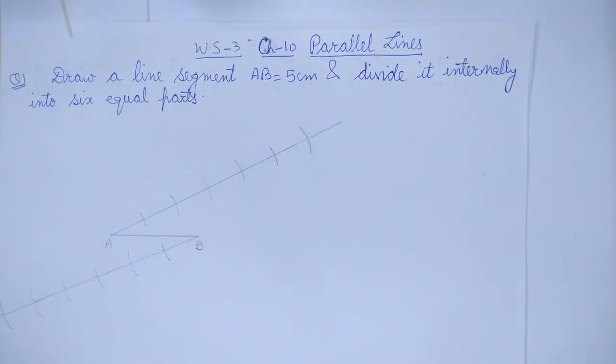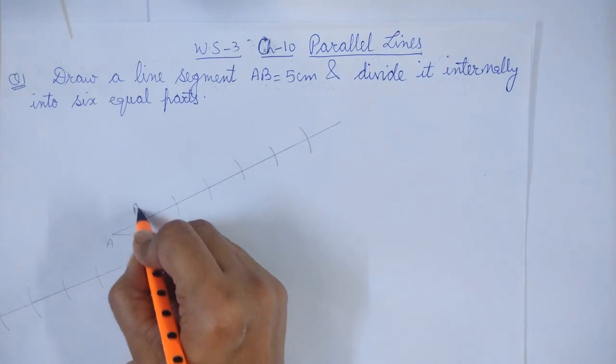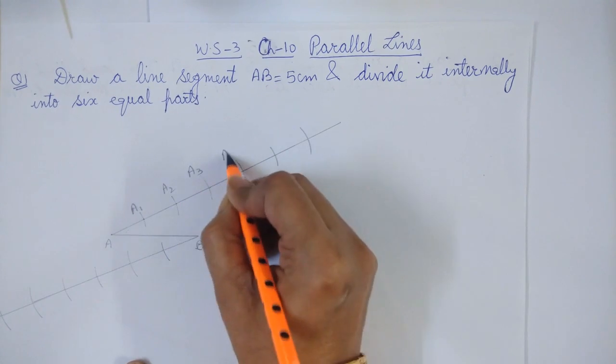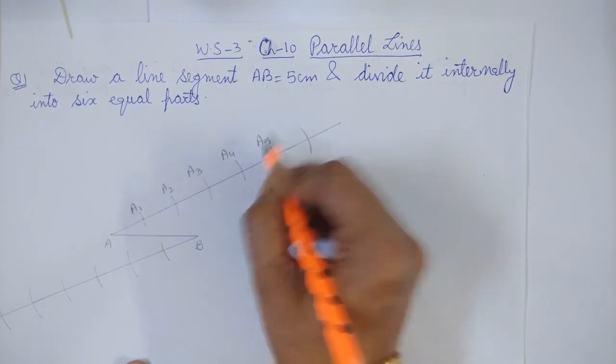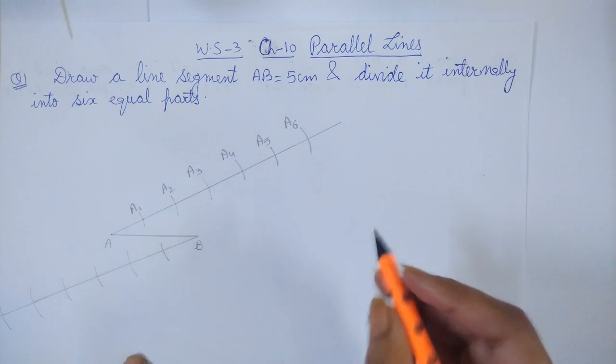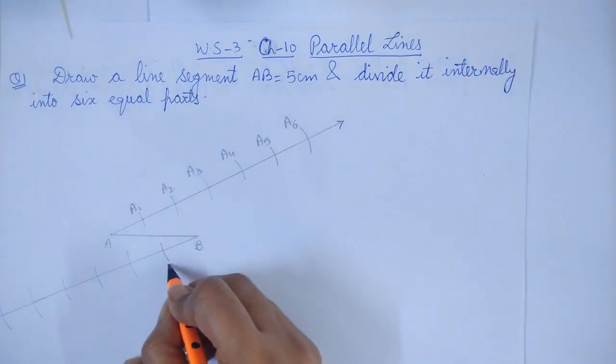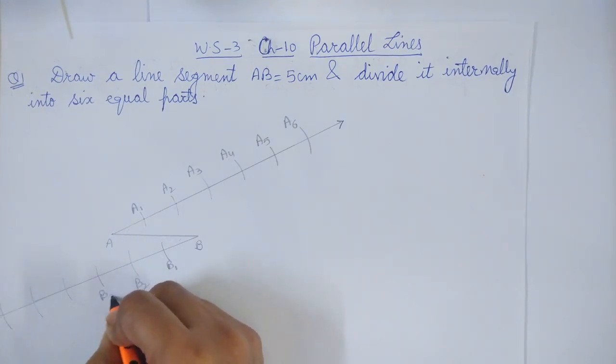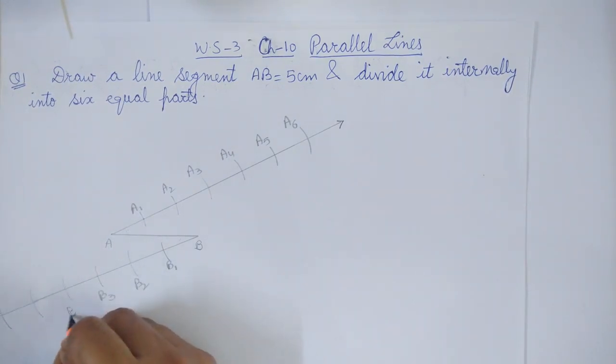Now you will name it as A1, A2, A3, A4, A5, A6. And same way here you can name it as B1, B2, B3, B4,